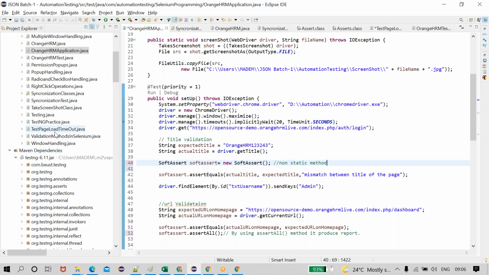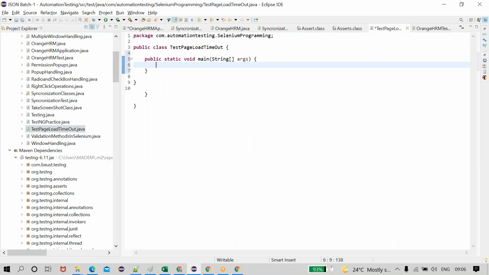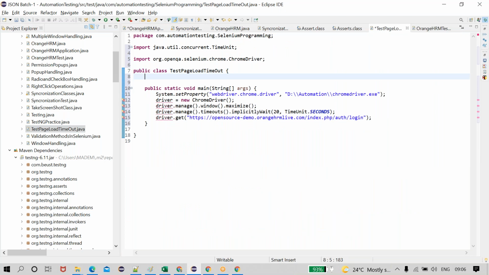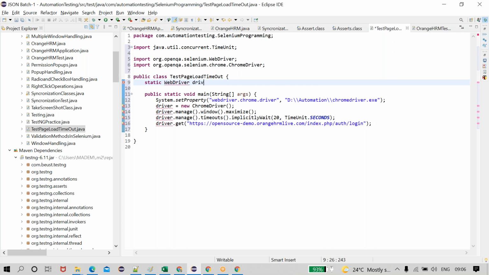Basically, I need to write a WebDriver static.